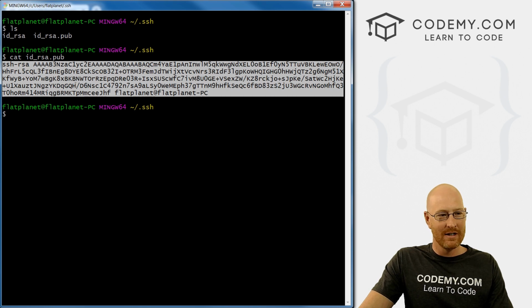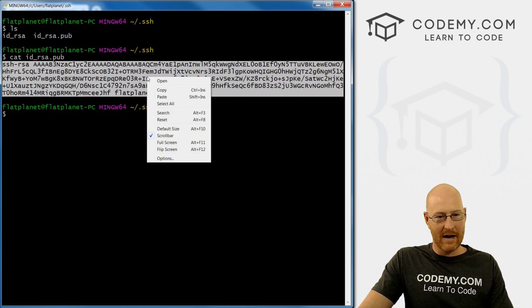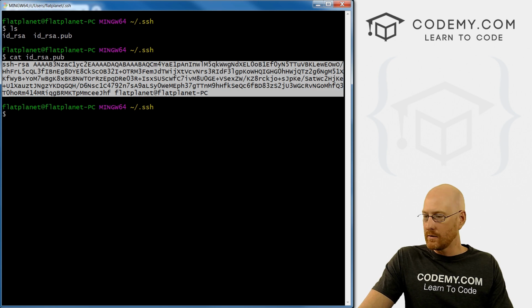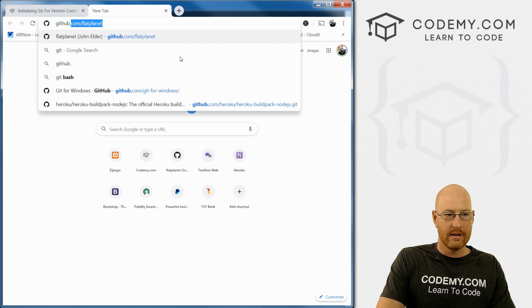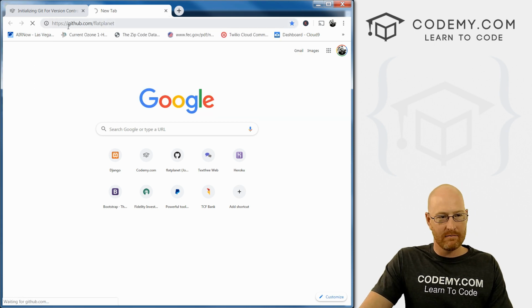So highlight it all from the very top to the very bottom and right click and copy. So now we want to head over to github.com and my account is